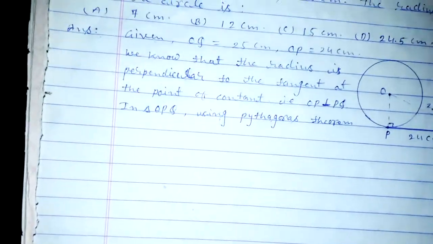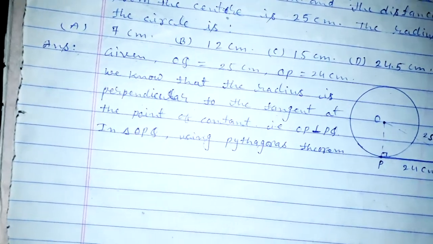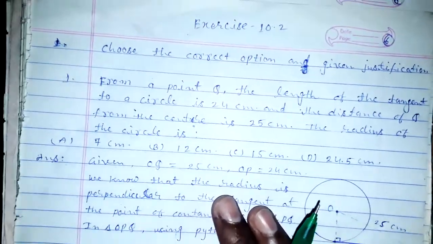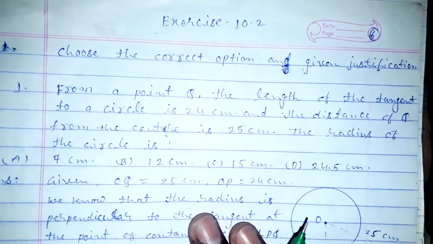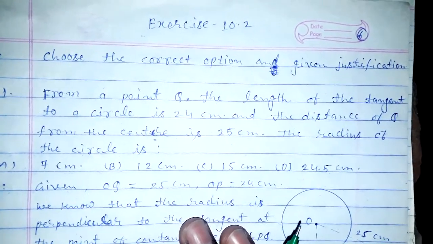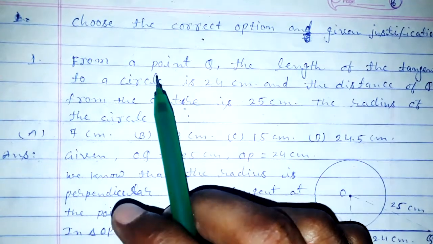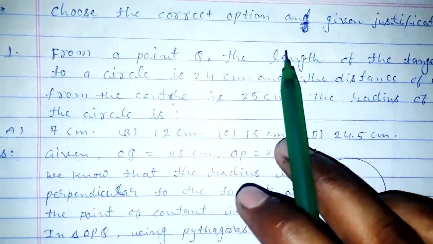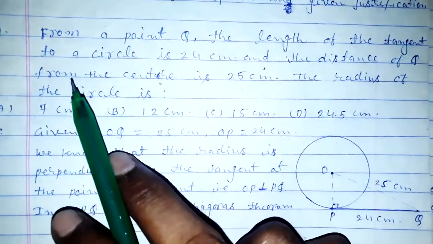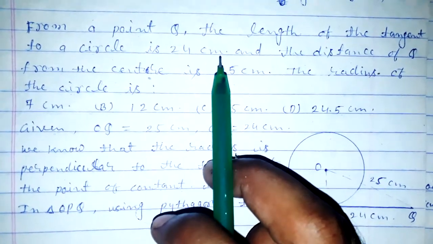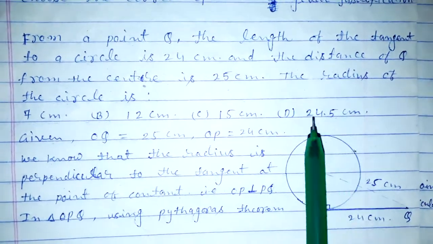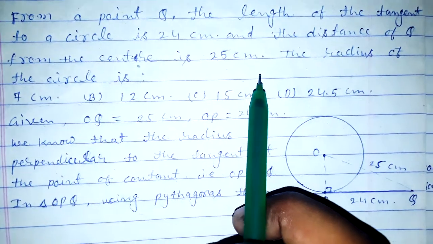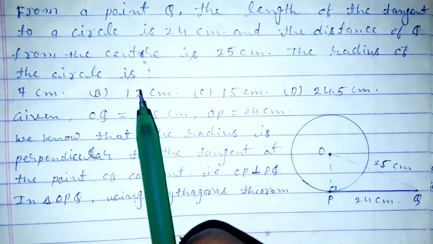Exercise 10.2. The first question: choose the correct option and give justification. From a point Q, the length of the tangent to a circle is 24 centimeters and the distance of Q from the center is 25 centimeters. The radius of the circle is,